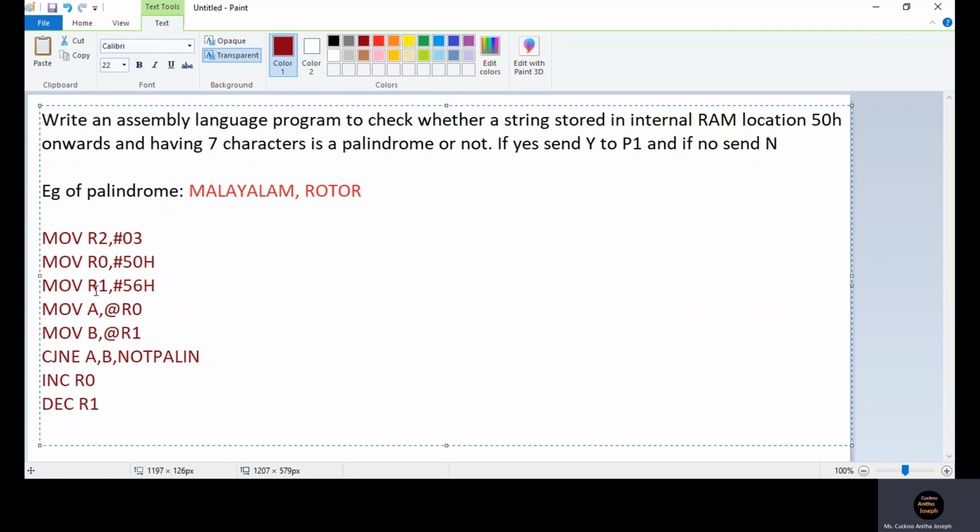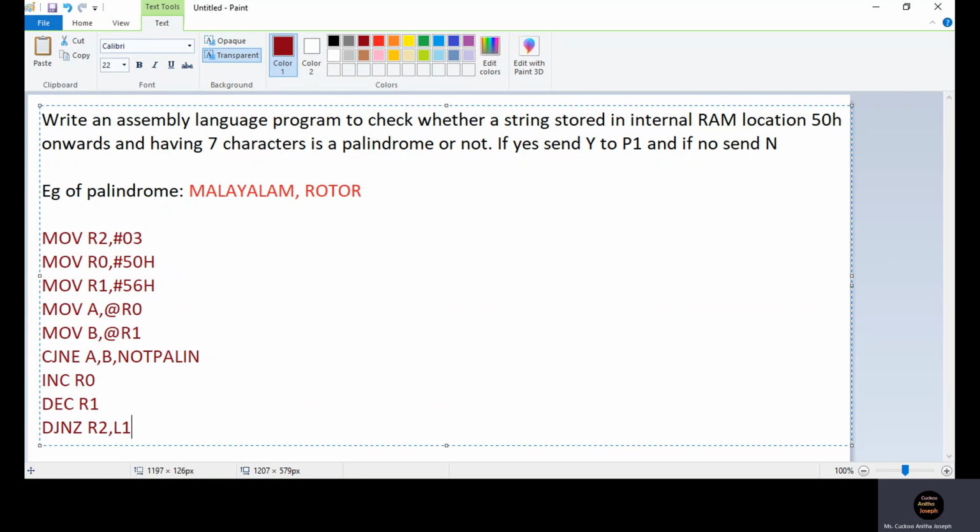Now let's check whether our number of comparisons has been completed. For that we have to use the DJNZ instruction. DJNZ, our count register R2, L1. If the count in R2 is not equal to 0, then it means we have to do more comparisons.